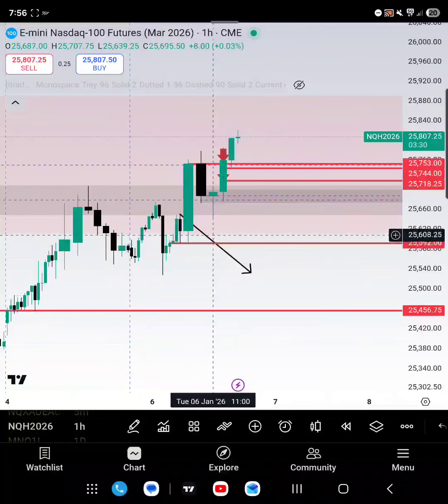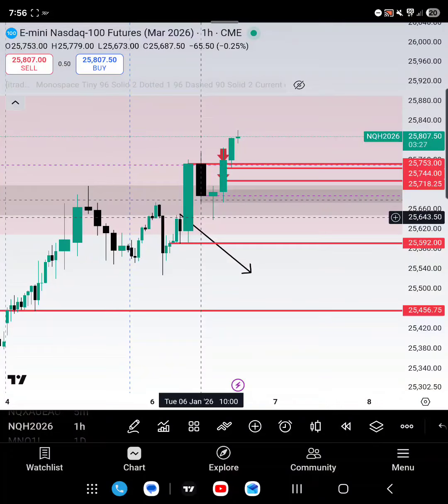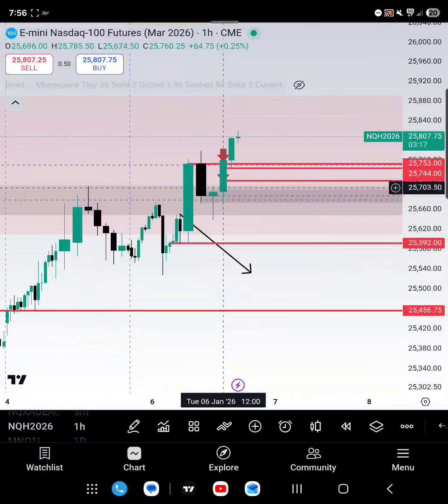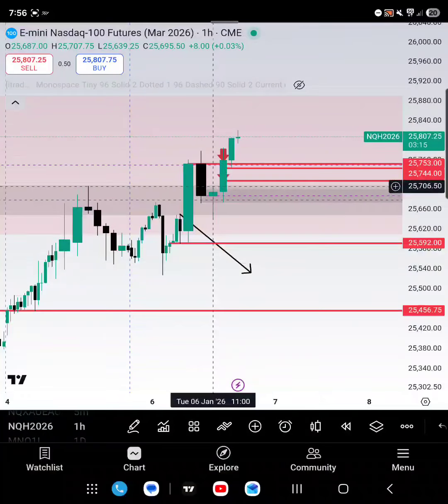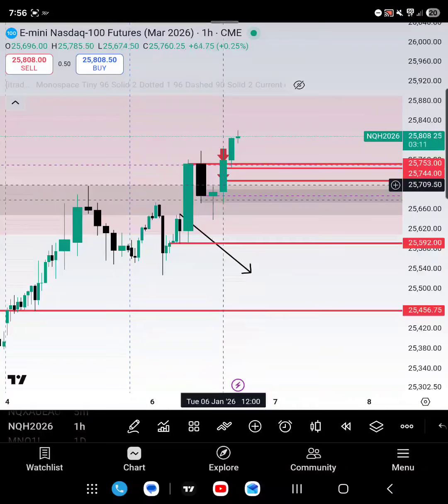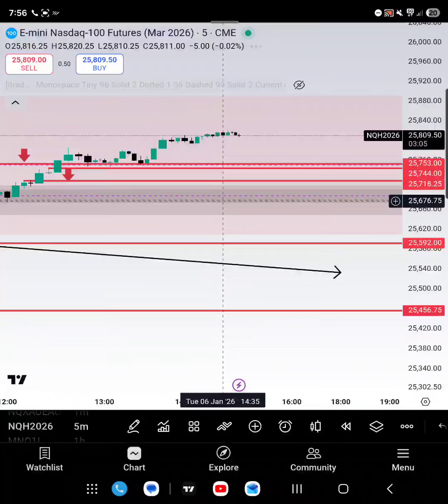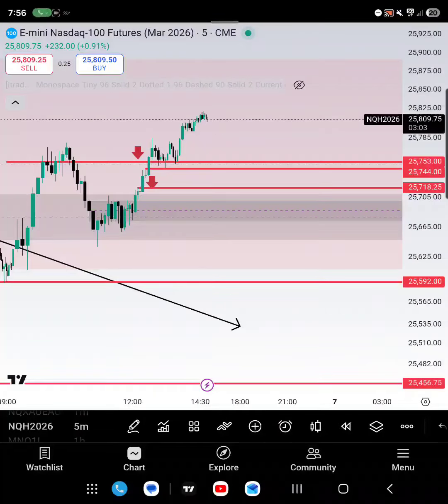So I was going off my assessment that the order flow was bearish, and I waited for price to sweep the lows of the point of interest, and then I waited for price to take the highs of that hourly level. That hourly level indicated that price was bearish, and then I wanted a sweep of the hourly in order to push lower. However, that was a trap, and what I did was I shorted the 25,707.